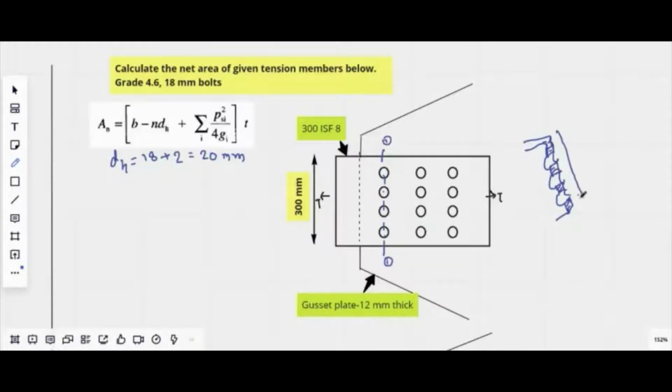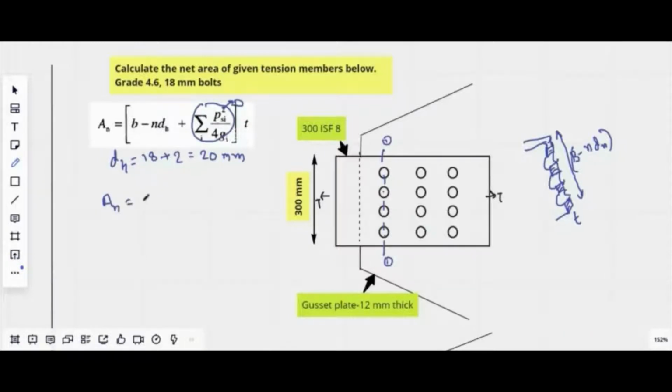The width of this shaded portion, what I am doing here is removing the number of bolt holes, into the thickness T. The pitch term is where we get the inclined pitch. In this case of chain bolting, this value turns out to be 0. So when I substitute the values in the formula,